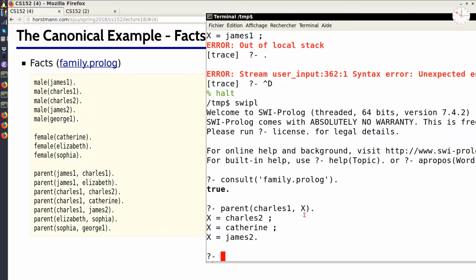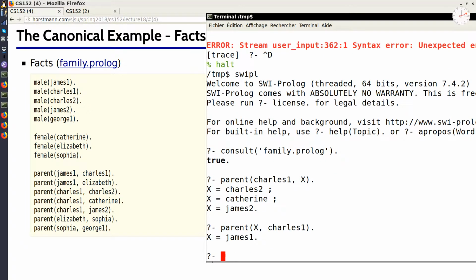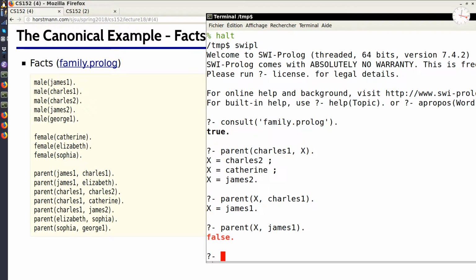Notice also the uppercase X here, that's a variable. Everything in lowercase is a constant or a function. Everything with an uppercase is a variable. So I can ask it another question. I can ask it, who was the parent of Charles I? And it's going to say James I. I can say who was its parent. And apparently James I